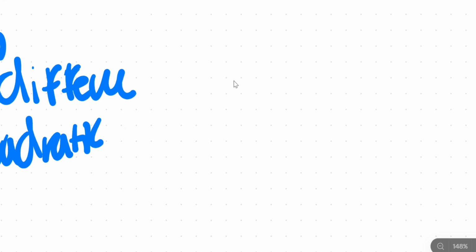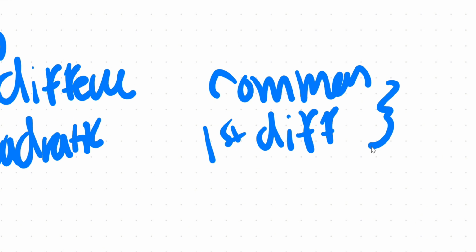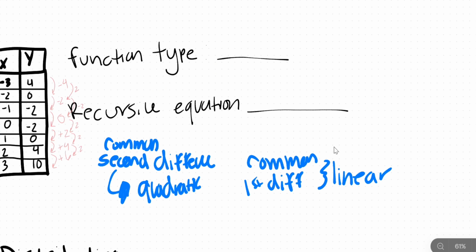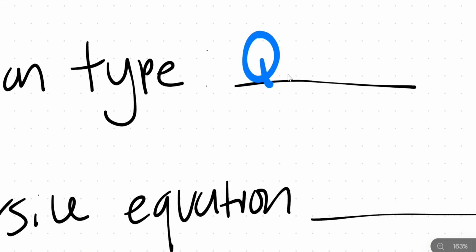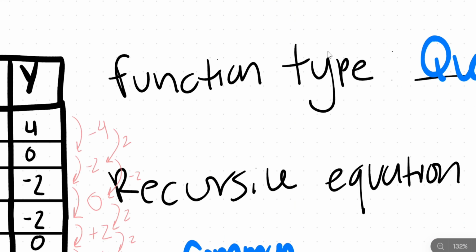Because if it were to have a common first difference, it would be linear. So we can go ahead and label this function as quadratic, and if we want to give the reasoning,